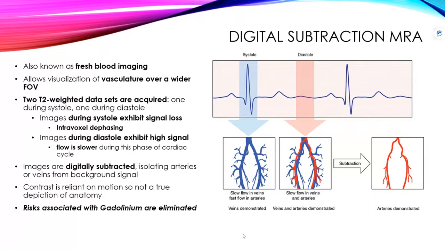The contrast is reliant on motion, so it's not really a great depiction of anatomy. Notice that we're not looking at the vasculature, and we're not depending on it for vasculature. We're only looking at the flowing blood. Fresh blood imaging. If you have a patient that cannot have gadolinium and you've got the time and you're able to run this type of sequence, digital subtraction MRA is a great way to get blood imaging without